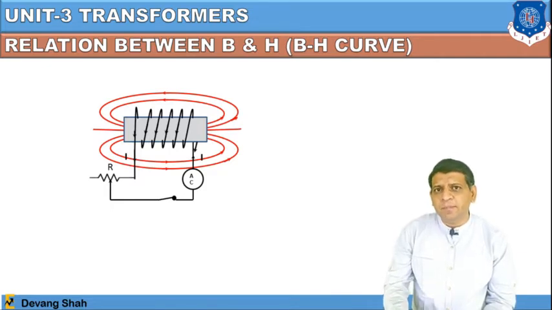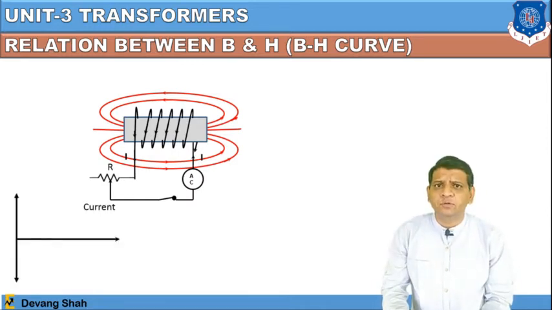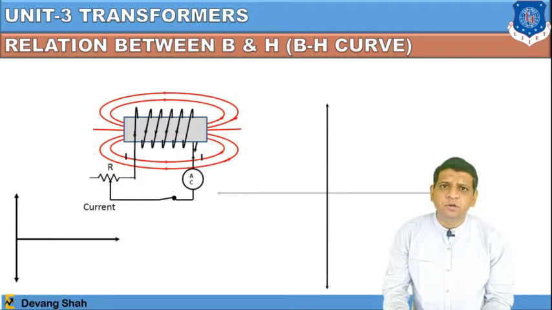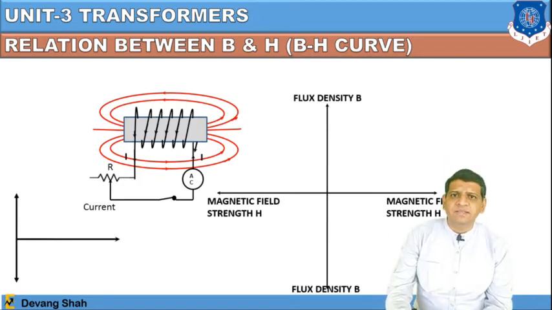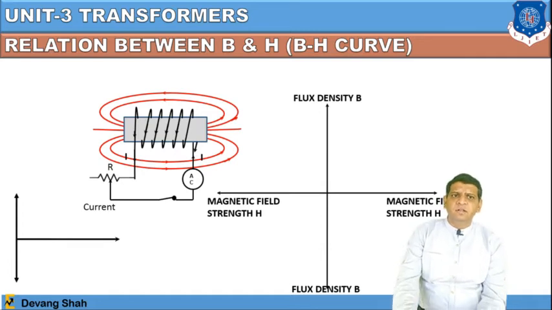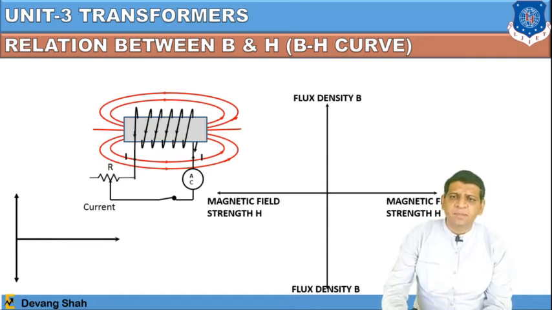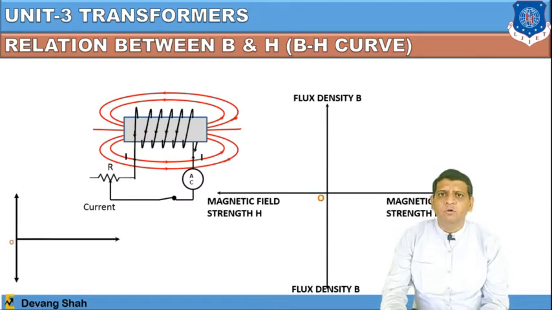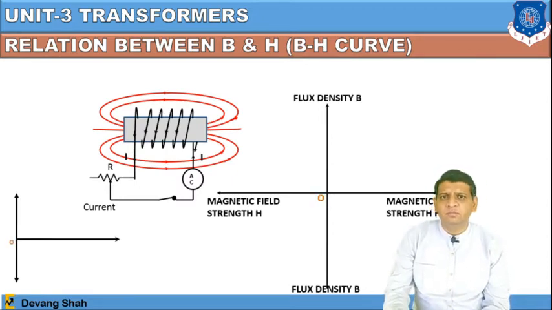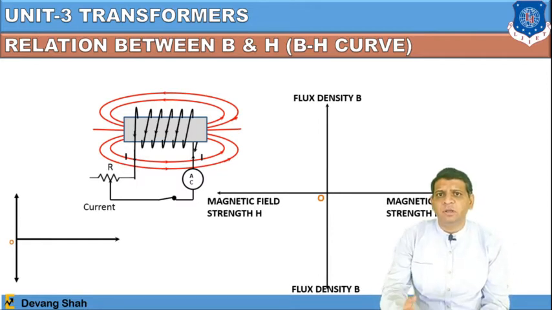Once you vary the magnetic field intensity H, we can easily see from this circuit what the variation in magnetic flux per unit area, or the magnetic flux density, should be. We are going to apply a sinusoidal signal, which is an AC signal, in this waveform. You can see the x-axis is defined as the magnetic field strength H, and the y-axis as the magnetic flux density. Once you apply the first 1/4 of the cycle, you can see from O to D, the value of current becomes maximum, right?